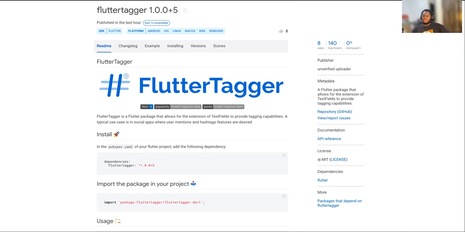And the implication of that is that the post becomes a part of the other user who you have mentioned, and it becomes a part of their personal feed. So it shows up in their feed, they get notified, that sort of thing. Also in the comments, we wanted to enable user mentions,